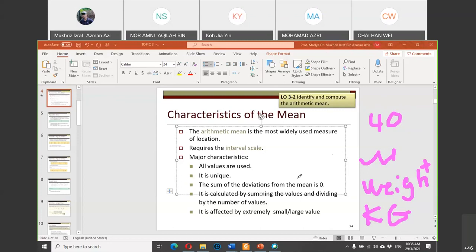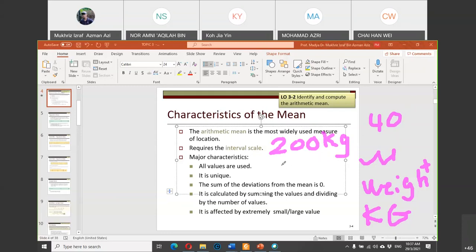But let's say in that particular class, there is one student whose weight is extremely big. Let's say his weight is 200 kilograms. Maybe he used to play sumo in Japan. Let's say he is a foreign student or exchange student that comes to UM only for one semester. So this 200 kilogram student will be added into the calculation with the other 39 students in the class,